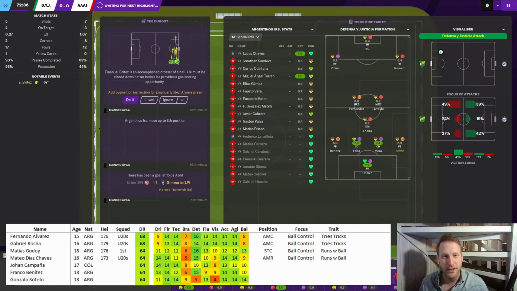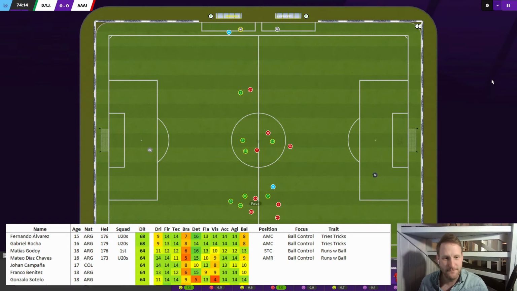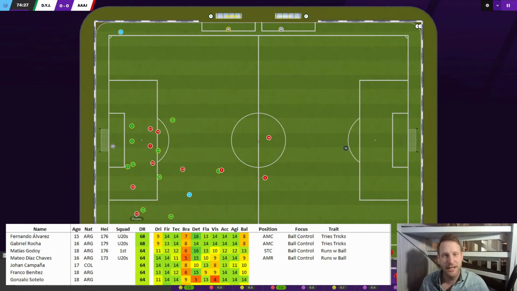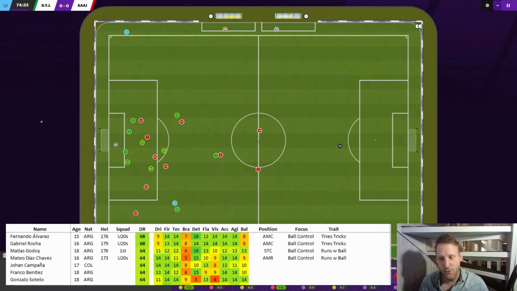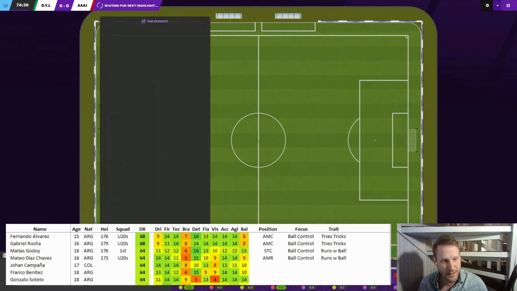So now we have an AML, an AMR, 2 AMCs, because I don't want to have to retrain players that are not naturally in a new position, because that spends current ability points that we will use on improving their attributes, if that makes any sense.